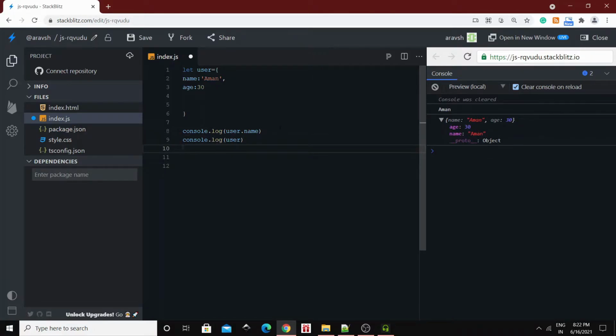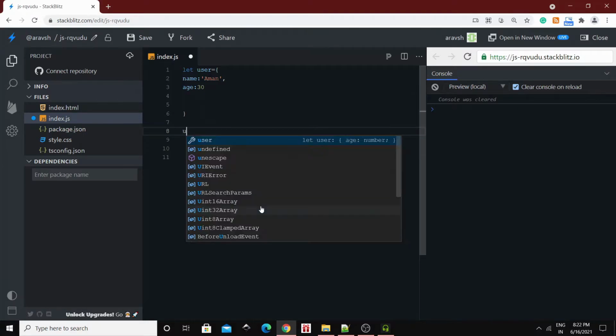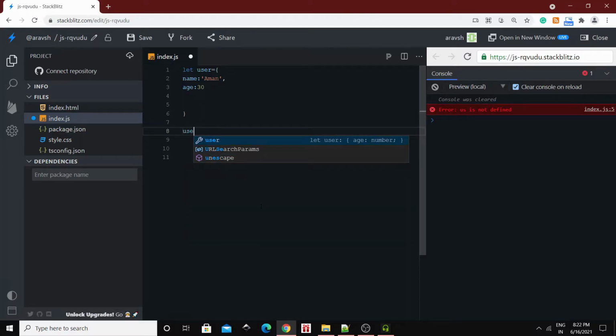Again, if you want to assign new properties, how can you do this? Let's see in an example. Like you want to add another property, user dot gender, and gender is male.